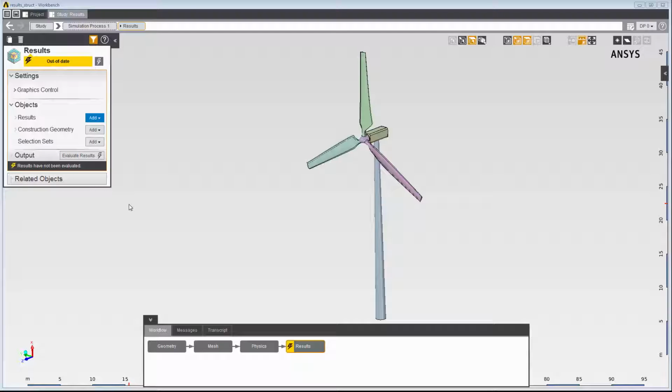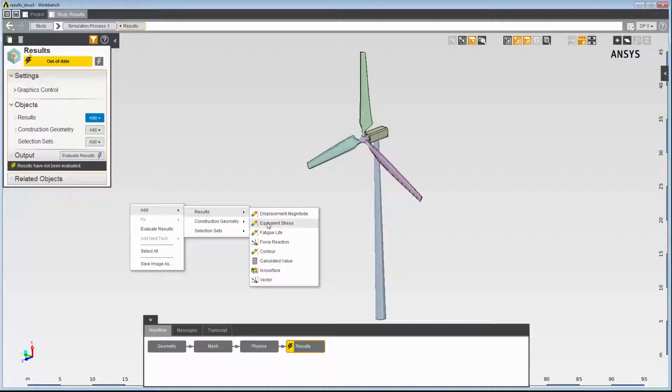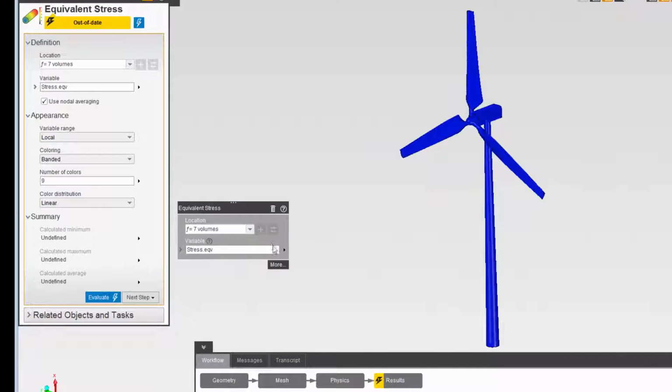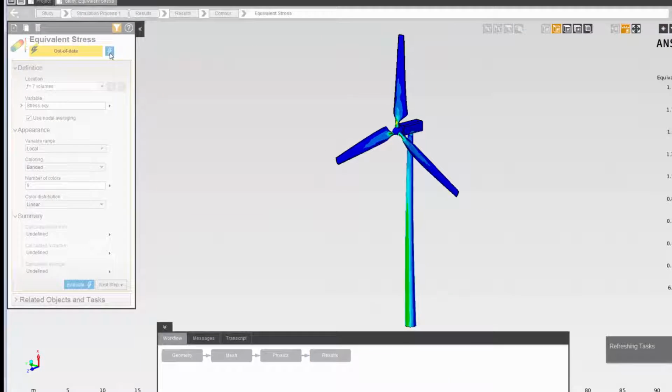For the solved structural simulation, I'll start by adding a predefined contour result to visualize the equivalent stress on the wind turbine due to the force of the wind acting on the blades. I'll right-click in the graphics viewer to create an equivalent stress result. The variable field in the property panel is already set to equivalent stress. I now have everything I need to create an equivalent stress contour, so I'll return to the task page and